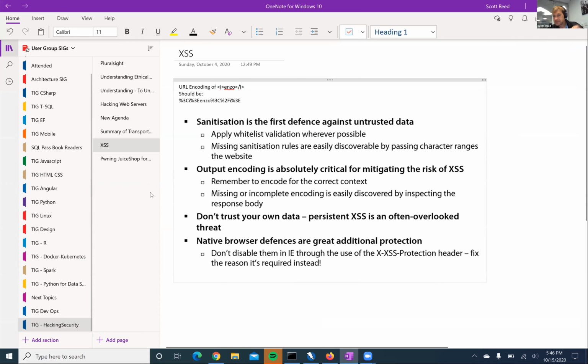That was all for that. Any questions? Hey, Scott, a question about the browser XSS protection. Do you know what rules they use to flag potentially dangerous scripts?